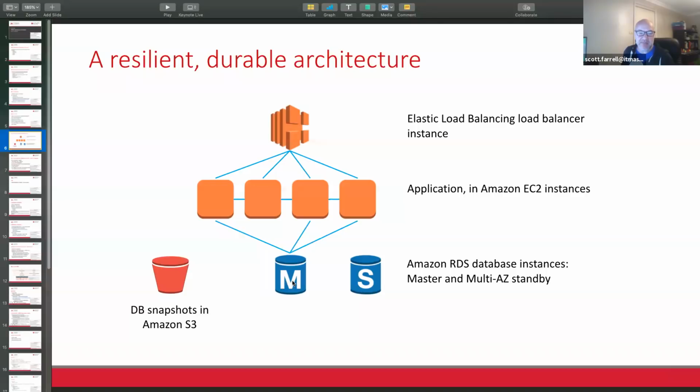And here we've got M as the master database, and all the read and write queries are going to this. And the S is for standby. That's another common question. It's a multi-AZ standby database, and AWS can help you manage that. And then here's the backups going out to S3. Database snapshots and database backups and all the logs and so forth going out to S3, but that gets managed for you as well.